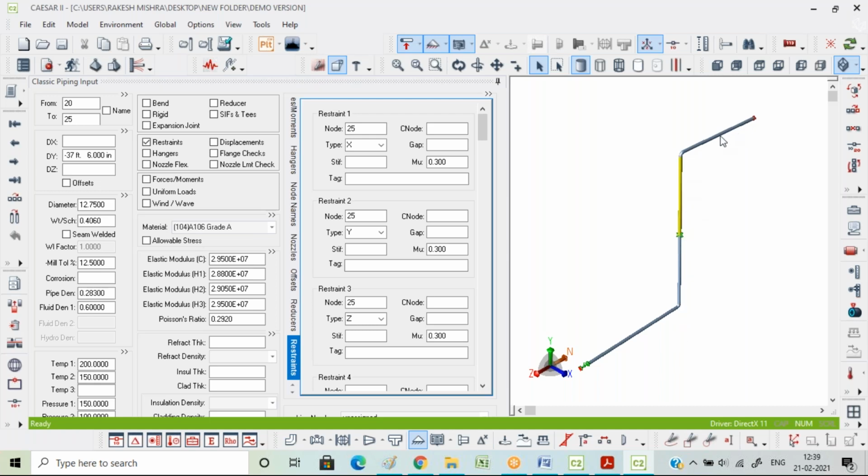Do not ever restrict the movement of the line, because the moment you are restricting the movement of the line, you're actually increasing the stress in the line. So do not ever do this. Now how you will do this,